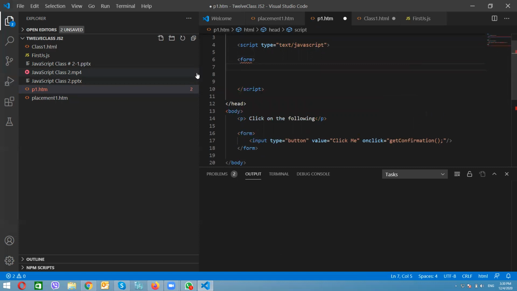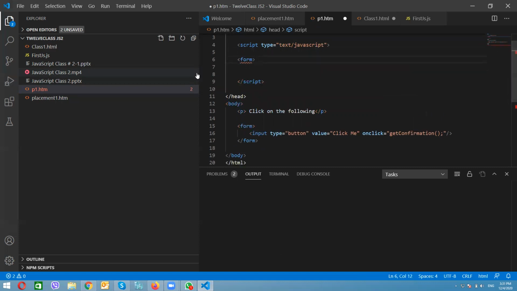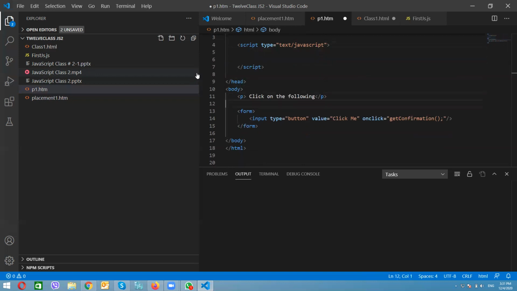The form is here already. So input type is equal to button. I will keep it like that. The value will be, instead of click me, print.